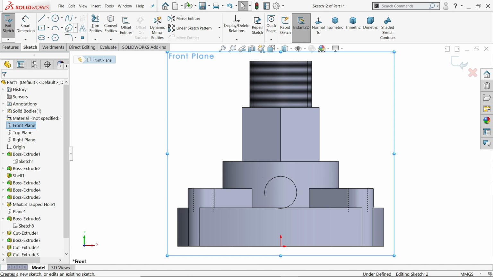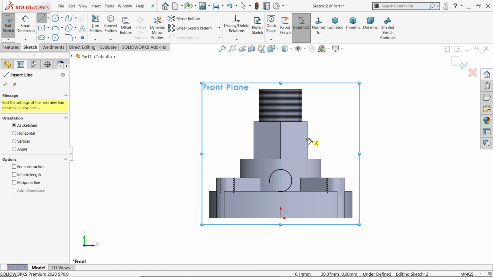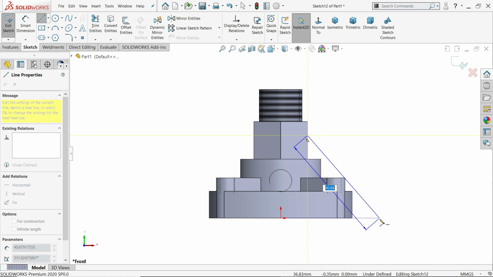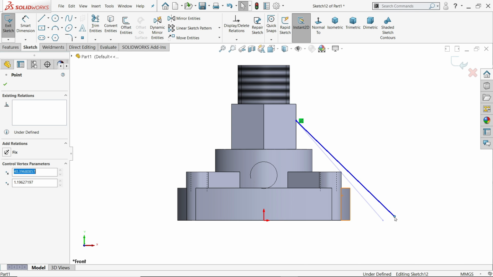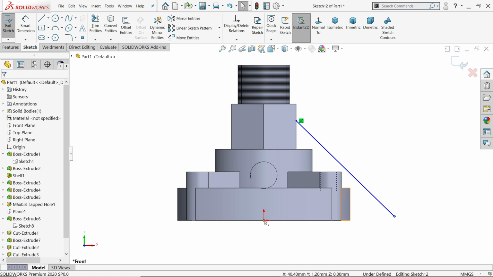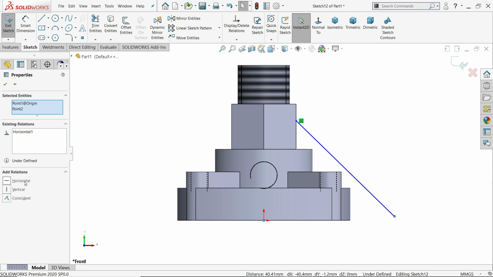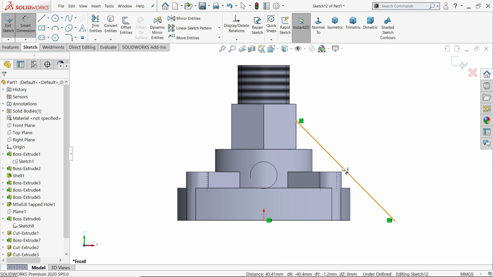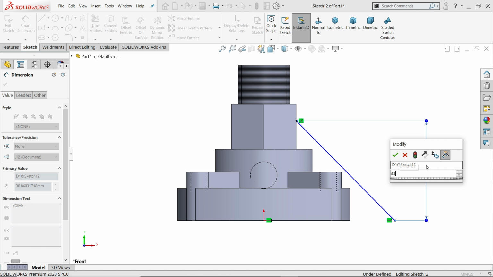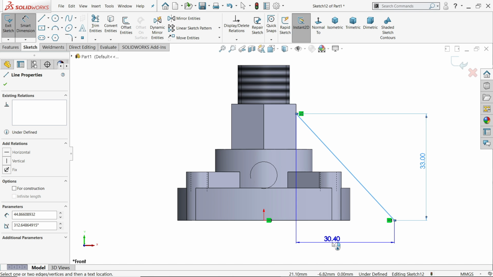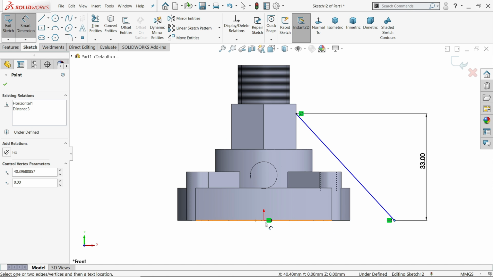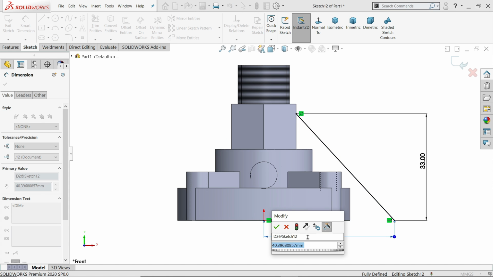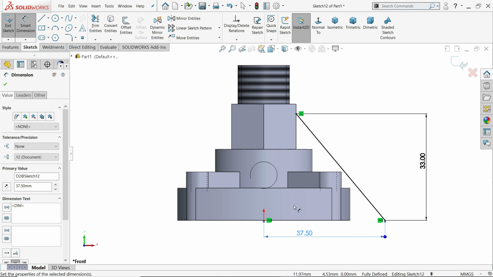Front plane, sketch, activate line tool. Hold shift key and select these 2 points horizontal. Activate. Now vertical length 33 and now this length from here to center 37.5.